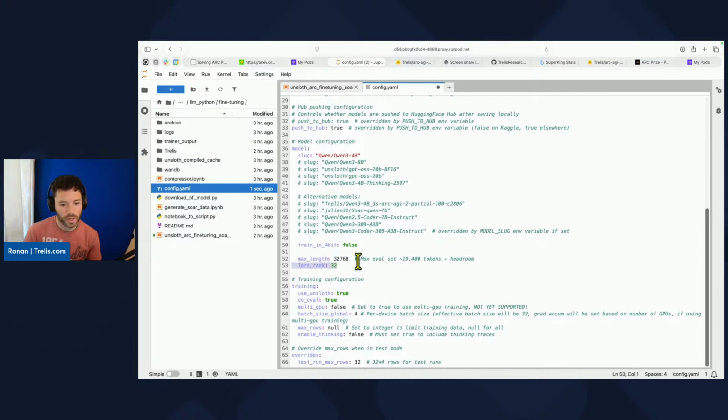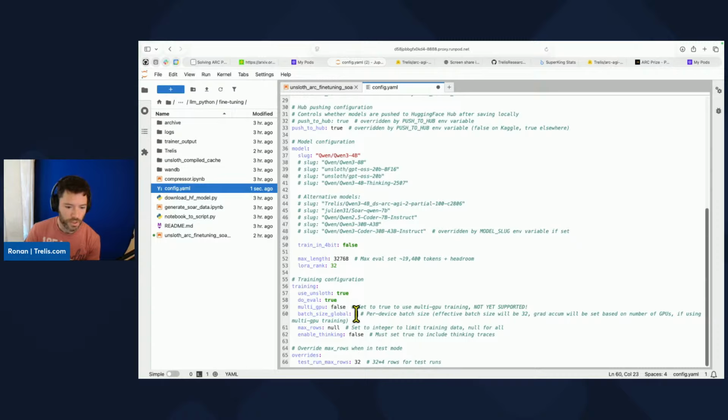LoRa rank, we are doing LoRa fine-tuning, not full fine-tuning. You can probably set this to 16. I don't know. You could even maybe set it to 1 and it works to some degree. We didn't ablate it, but the memory is not so high anyway that you have to go down that low. We're going to use unsloth. We're going to evaluate, and